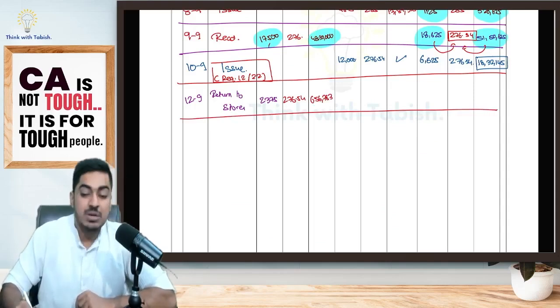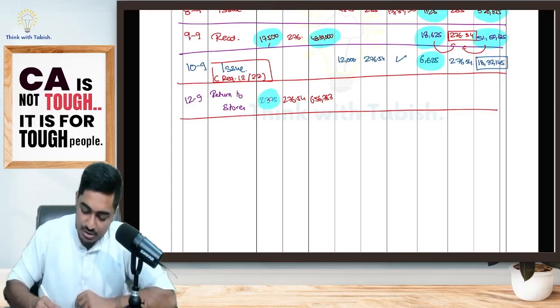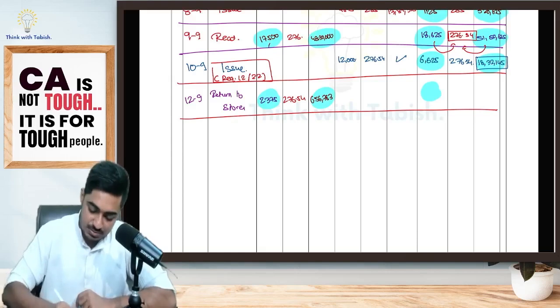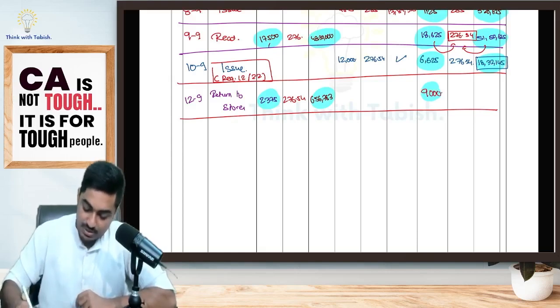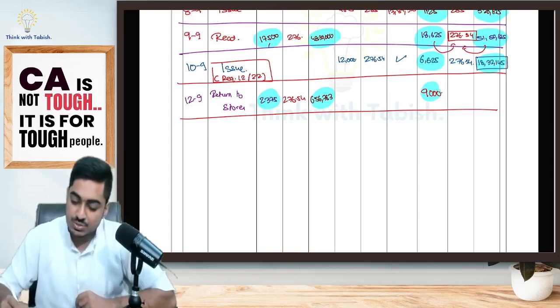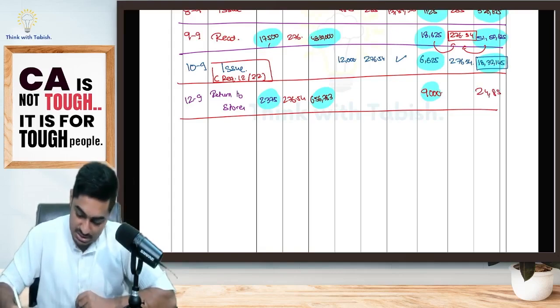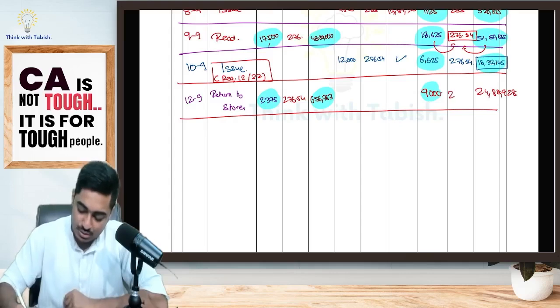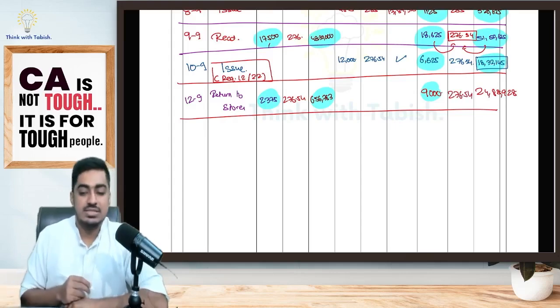While I'm updating my balance, first I will add the quantity column, then the value column. 6,625 units I already had, 2,375 extra I got. That means total 9,000 units I'm having. For that already 18,32,145 I had paid. Fresh 6,56,783 I am paying. That means 24,88,928 I have paid. That means my weighted average cost per unit will be the same only, 276.54. Is this clear, everyone?